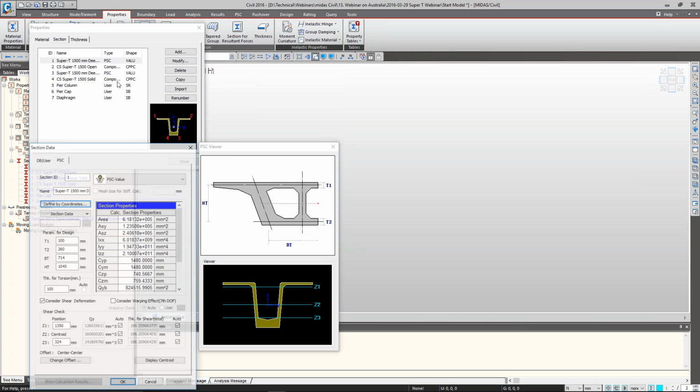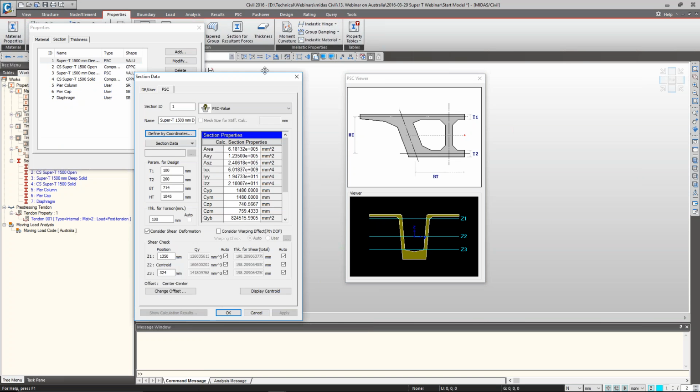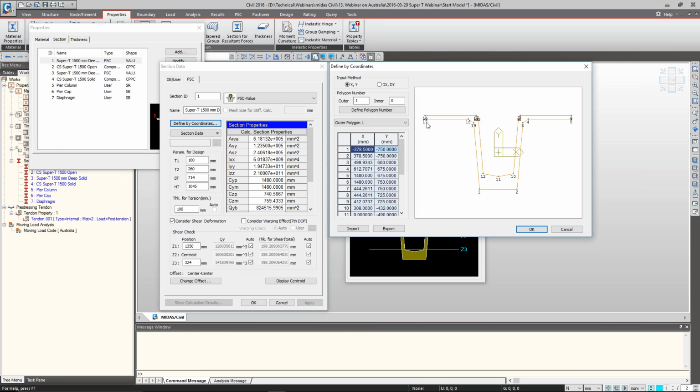So here we will see the Super T section. This is the current Super T section that we are using. If we need to change the top flange width, then we can easily change the top flange width for the Super T section here. And we can use the Super T section with a different flange width. So here you can see that we can easily change the flange width of the top flange,